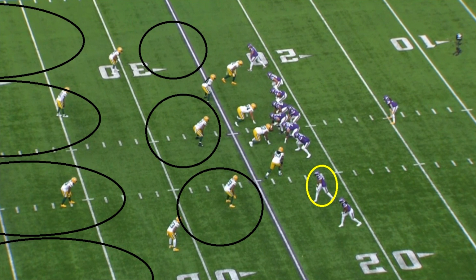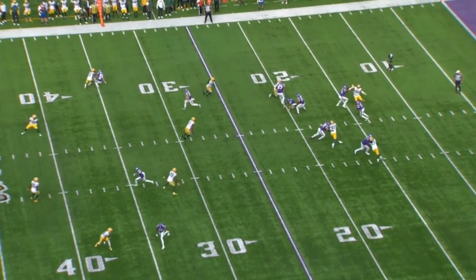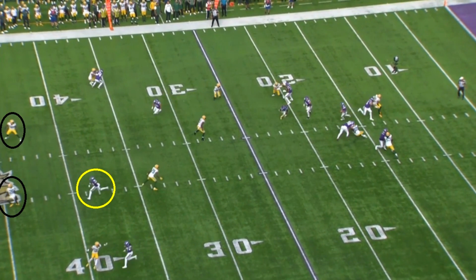In fact, this play got me thinking a little bit about whether there could be a potential counter move for defenses. So again, you're going to see that Jefferson is not the number one receiver right here. He is the number two receiver, meaning once this play begins, due to it being quarters coverage, you now have Jaire Alexander covering a different player, and you have Jefferson running directly into a couple of safeties. So the downside of this, of course, is that there's two safeties who can come in and make a play, but the plus side is that you're avoiding Jaire Alexander, who is the Green Bay Packers' best defensive player, period,